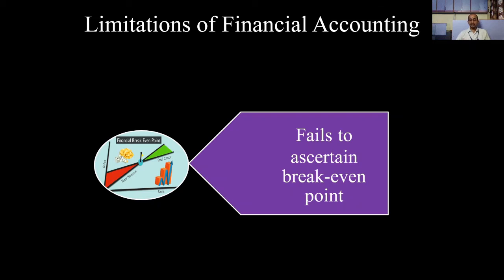But in case of financial accounting, we cannot identify it, because there are 365 days in a year. Can you tell me that on a particular date, or can you claim that this is the date where I am in a no profit, no loss situation? In financial accounting, I am talking about financial accounting, no, we cannot. But in cost accounting, this could be done by using some methods used in cost accounting.